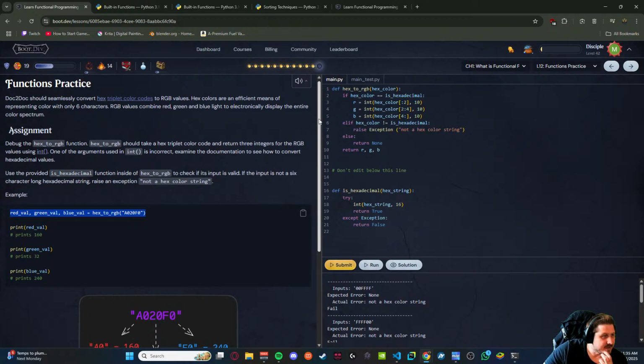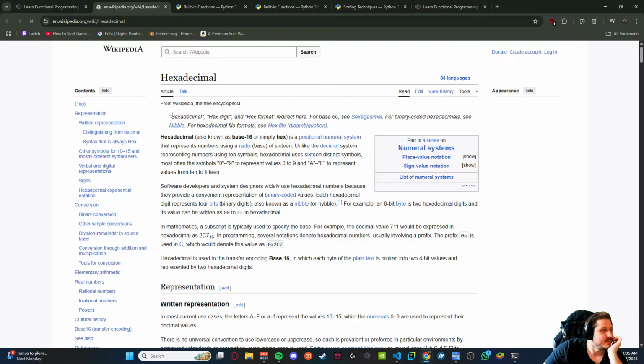Debug the hex to RGB hex. Base 16 or simply hex the positional number.